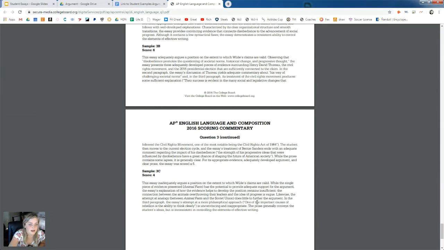So just a few things to point out. In argument essays, you always want to have at least 3 pieces of evidence. I'd recommend using a literary example, a historical example, and then either a modern day or a personal example. But this student only used 1, and it was insufficient. And another thing is, they kind of danced around the idea. They danced around how it connects. In AP Lang essays, you don't want to assume the author knows what you're talking about. You want to explain everything in full detail. You don't want to ever just let them guess, because then they'll write here, well, they will put it's inadequate, insufficient, stuff like that.